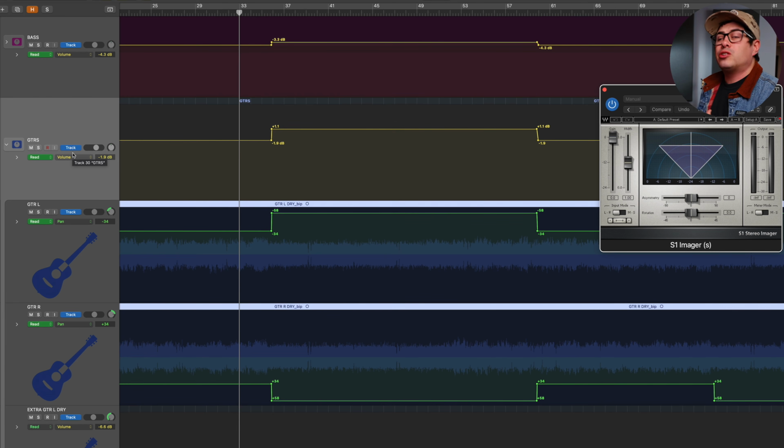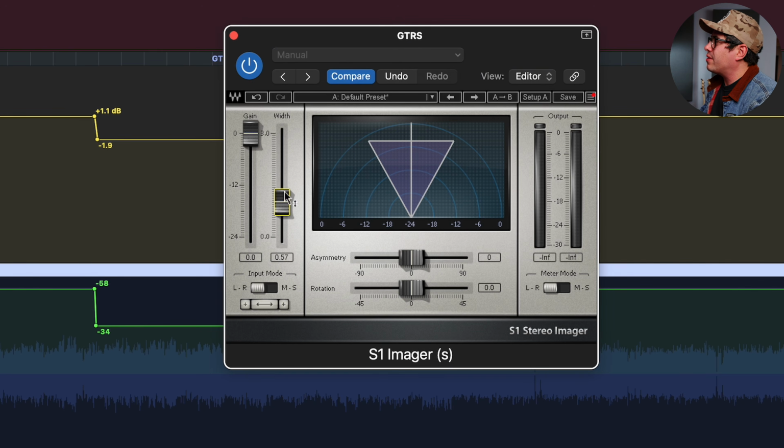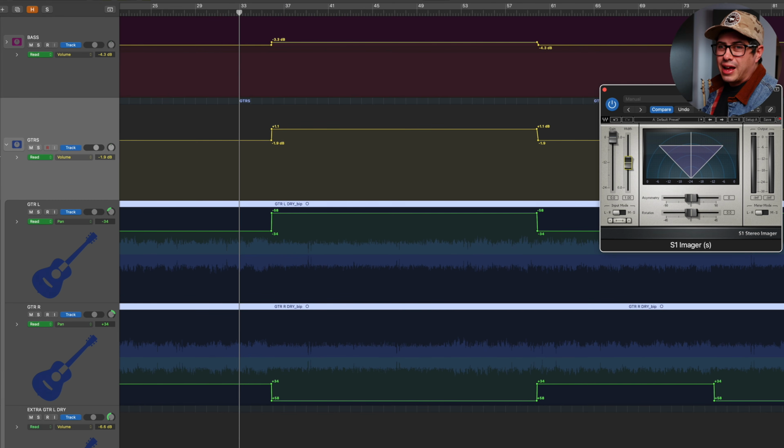And to do this, you do need to have your guitars bussed. You can't put this on your single track and use this plugin. They have to be going to a group, and then you can use this to widen the group out. Now, I'm not just going to slap this on here and widen the guitars or whatever. What we're going to do is apply the extra width to the chorus and the bigger sections